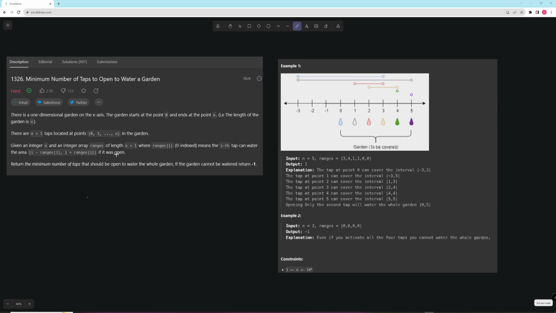Today we're going to be doing Minimum Number of Taps to Open to Water a Garden. In this problem, you're given a ranges array and you're given n equals some number. Essentially, each one of these represents a tap, and the range is how far this tap can cover left and right. You want to water the whole garden from 0 to n with as few taps as